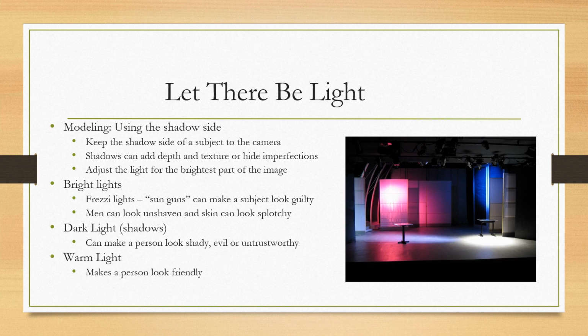There are some bright lights that we can use to achieve these. Sun guns, those are called fuzzy lights. And these, though, can make a subject look guilty if they're too bright coming down on them from an upward angle. So imagine a light coming above you if you're in an interrogation room, right? As we see in crime shows. And so it's a bright light from above us, and then we've got the shadow underneath our face, and that could make us look guilty. So we can use these fuzzy lights, but then we need other lights to, again, get rid of those shadows.